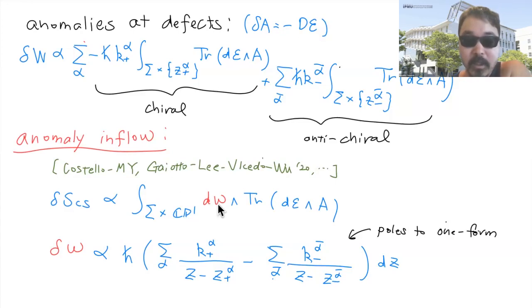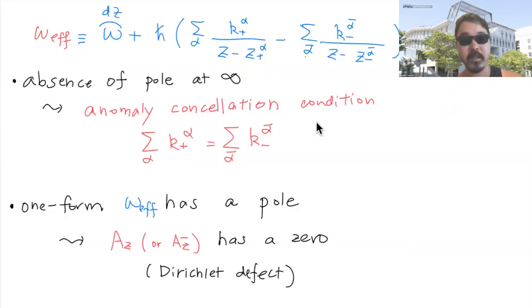The point is that you can modify the holomorphic one-form itself. Previously it was just dz, but you can try to make it position dependent, with poles in the one-form. So there's a singularity of the 1/z type in the one-form. And when you have d, you have a del bar acting on this, giving rise to the delta function, which cancels the contribution from the defects. So there's a nice way to cancel the anomaly, and this type of mechanism works.